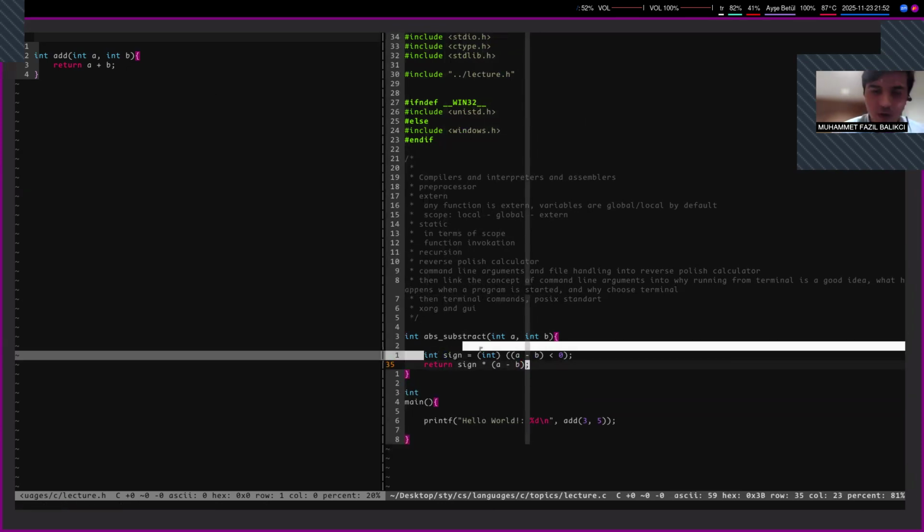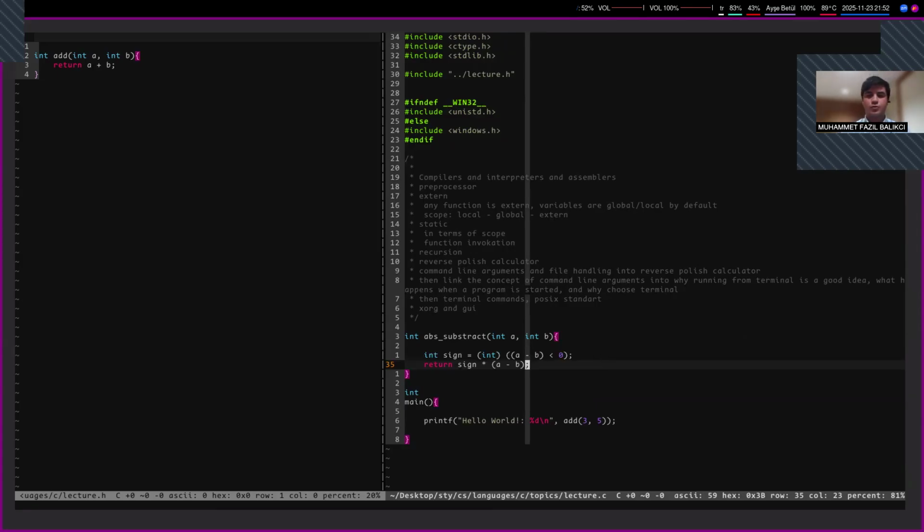now the variable sign, of course, this expression is a Boolean expression, so it returns a Boolean, which is either 1 or 0. Booleans are not true and false. It is either 1 or 0, and when we convert this to integers, we get the sign of the expression, that is a minus b, and then at the end before returning it, we multiply a minus b by sign, so it is always giving us the positive result. Okay, so the sign variable here